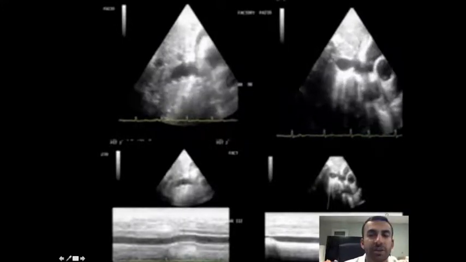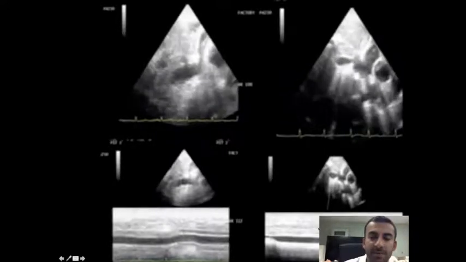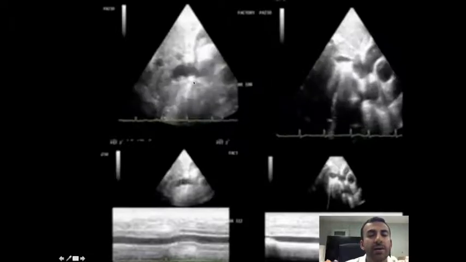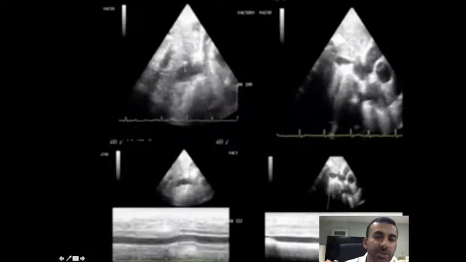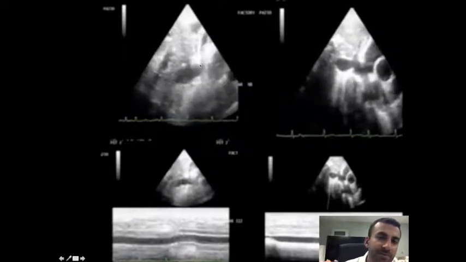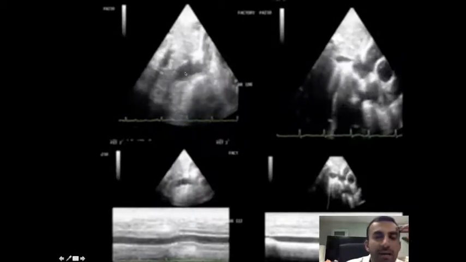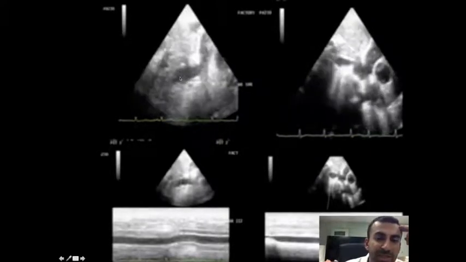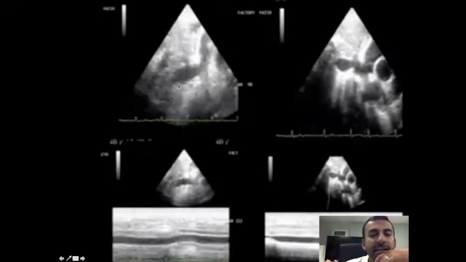So this video here is trying to show two different IVC examinations. The one on the left should highlight a patient who does not seem to have much change in the diameter of the IVC. So you can see here's the IVC, here's the hepatic vein, and this is the right atrium here. Notice, anecdotally, there's a pericardial effusion here, and the patient may actually have some worsening signs as well. But here, particularly focusing on the IVC diameter, you notice that the IVC diameter is not changing very much